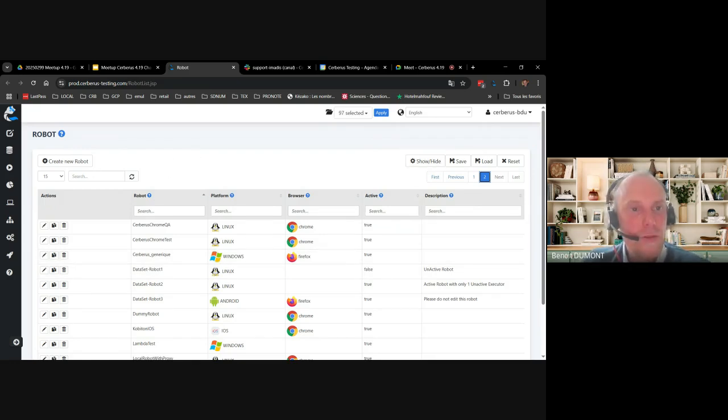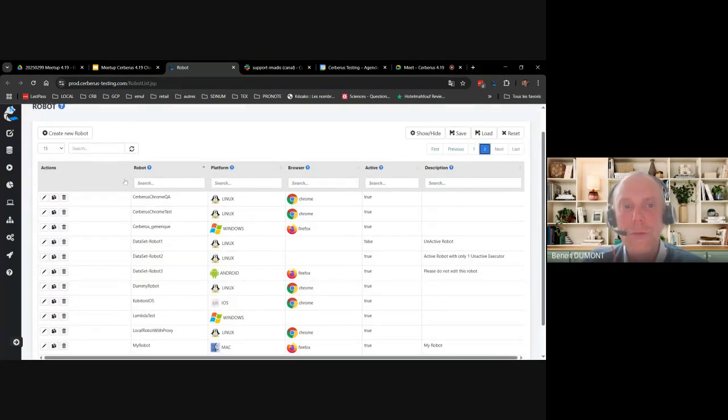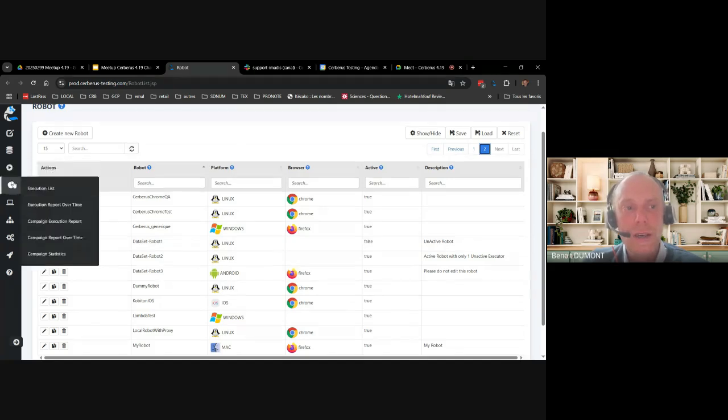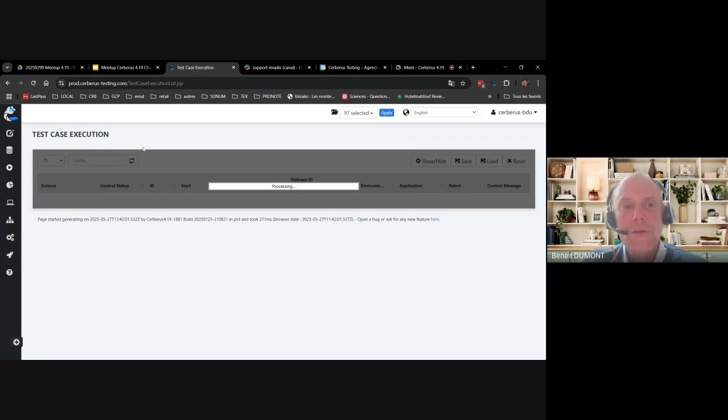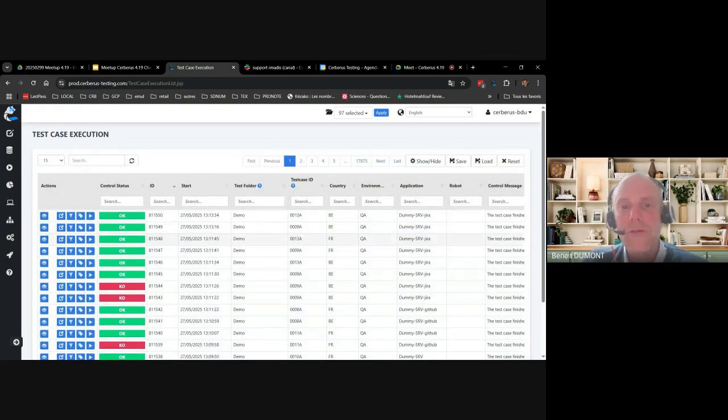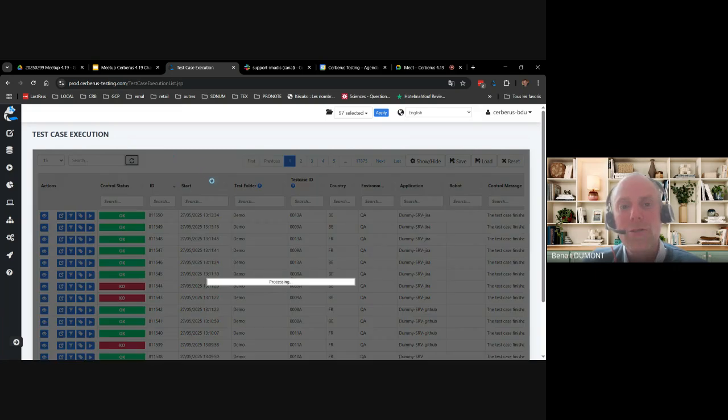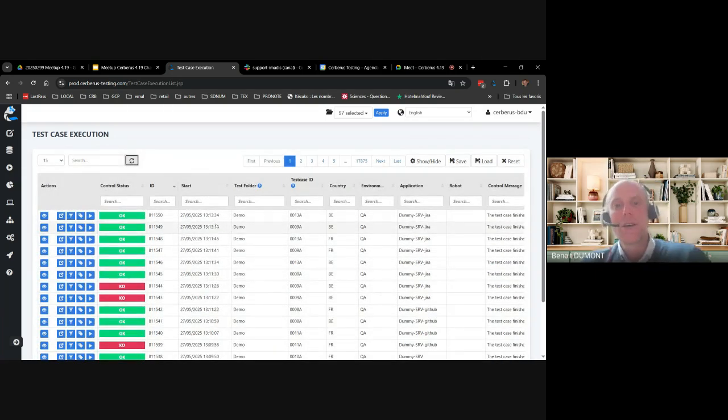And we have also created here a small button that allows you to refresh the content of the page without doing a full refresh of the page. That could be quite convenient, for instance, sometimes on the execution list. If you have some execution running and you want to see the latest execution, you just click on the refresh and you are not forced to fully refresh the complete page.